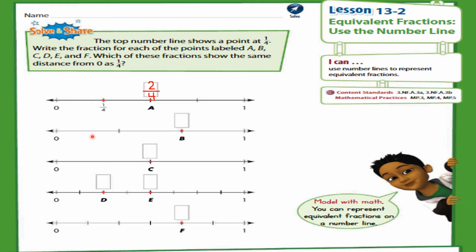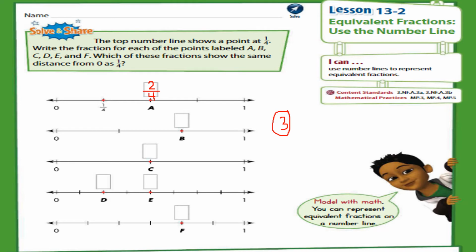So what was the first step? Very good. Counting how many equal parts the number line is divided into. So it's divided into, okay, and we have to start counting from 0 or 1? 1. Excellent. So let's count 1, 2 and 3. So this number line is divided into 3 equal parts, right? So my denominator will be